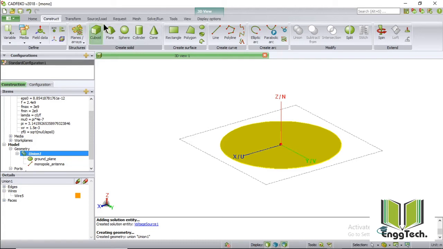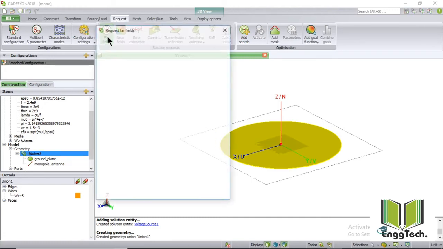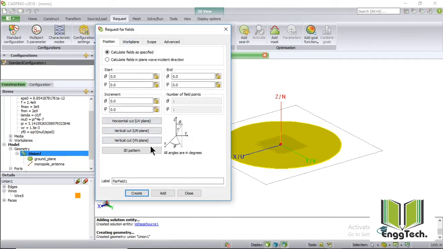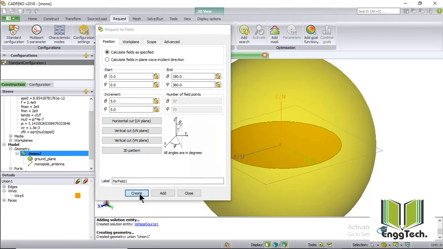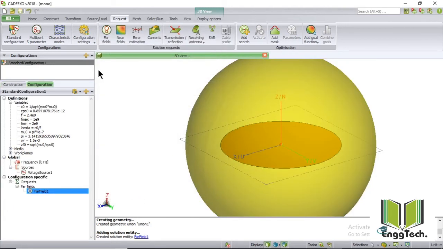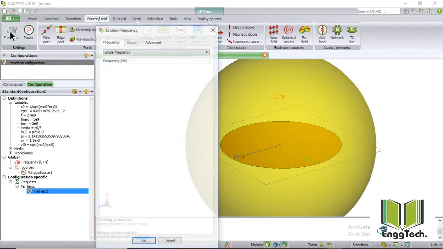Next I will request far field for the antenna. So go in request, then far field and create 3D pattern. Then say create. Next I will add frequency. So go in source load and select frequency.